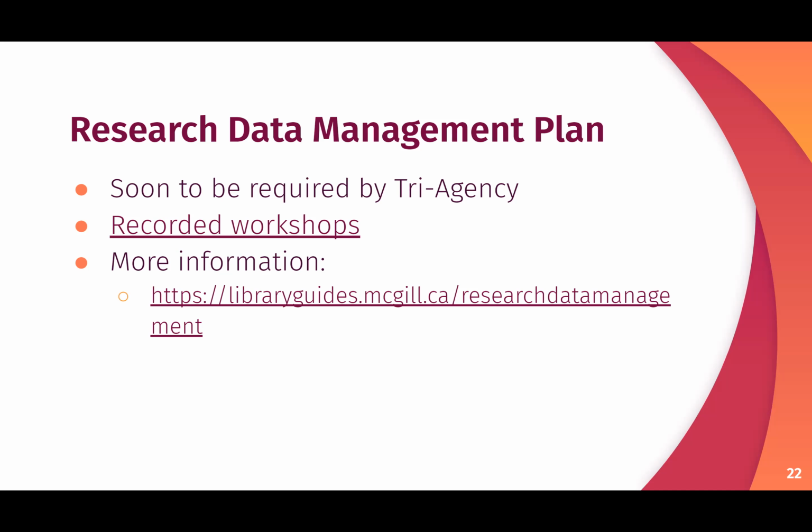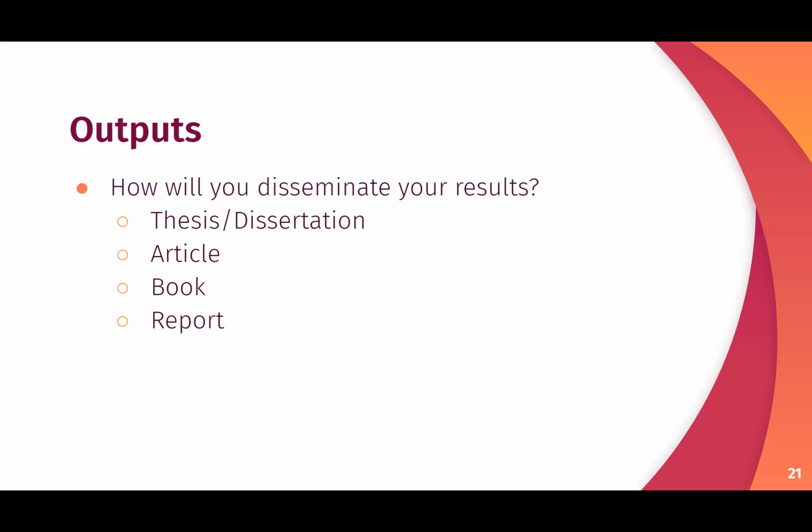Along the same lines, going back to our outputs, if your funding agency requires you to have something that will be open access within 12 months, then you have to think about what kind of journal you're going to publish in. So these are all things that you want to think about at the beginning of your project, so then you're not surprised at the end. You want to make sure that you know what you're planning on doing, and that you have all the resources to do it. And the earlier you think about these things, the better it is.